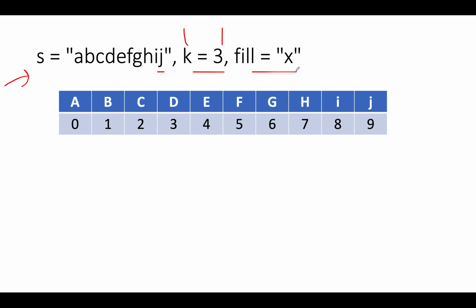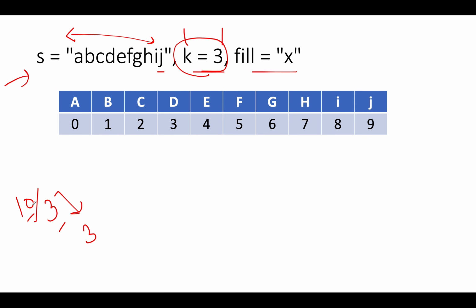So the first and foremost thing that you are going to do is to identify the number of groups that will be formed. For that purpose, you will calculate the length of the input string. The length of the input string is specified here as 10. You will check if it is absolutely divisible by group size. In case it is absolutely divisible, then the number of groups that will be formed will be simple. You divide the length by the group size, which in this case turns out to be 3.